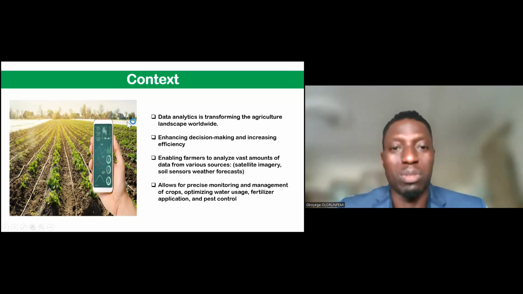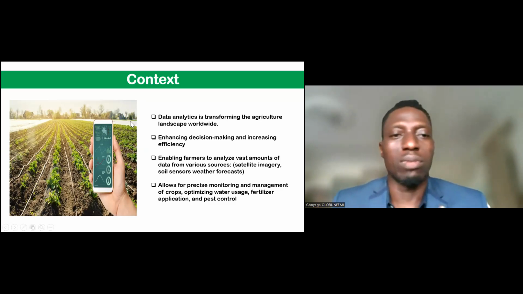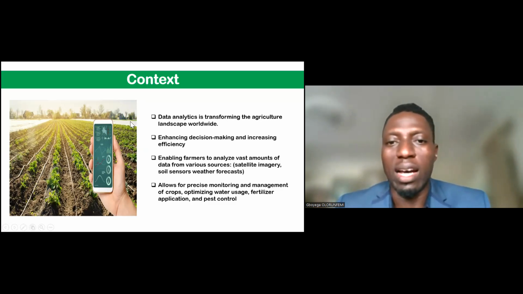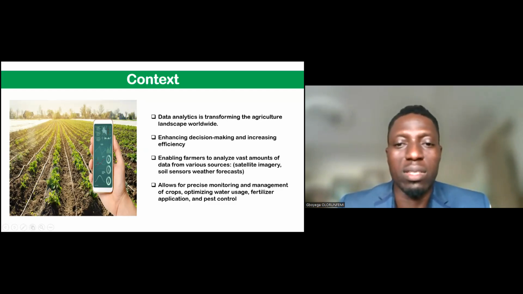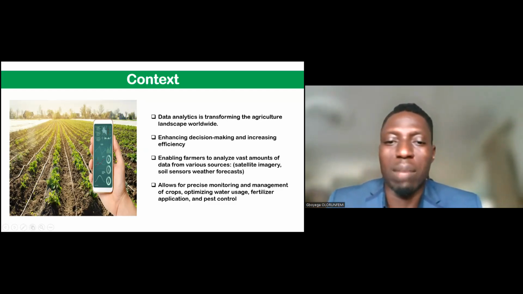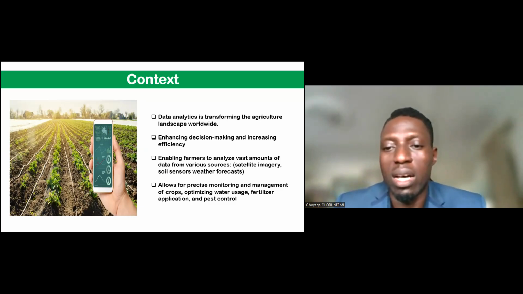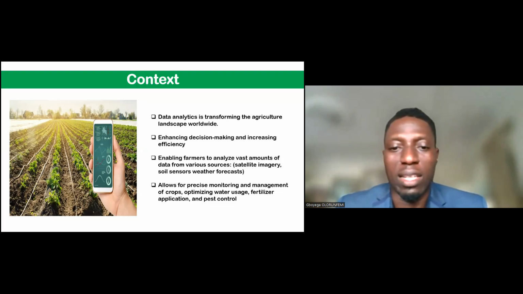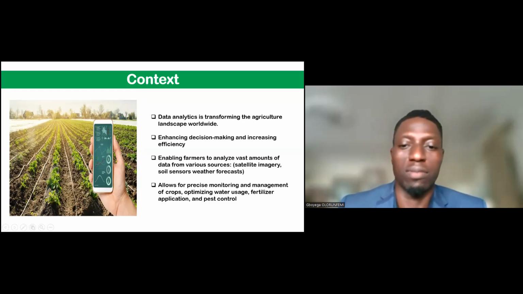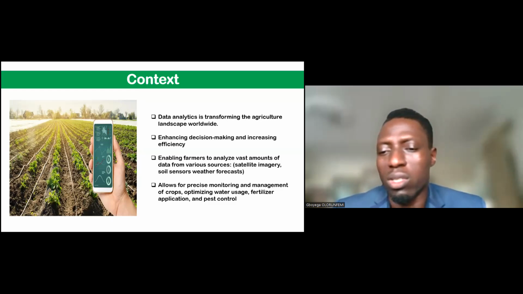And then we're aspiring to see what this brings to our respective practices. And of course, data analytics help in enhancing decision-making and increasing efficiency. At the same time, it enables farmers to analyze vast amounts of data from various sources through satellite imagery, sensors, weather forecasts, growth sensors, and the likes. And it allows for precise monitoring and management of crops, optimizing water usage,